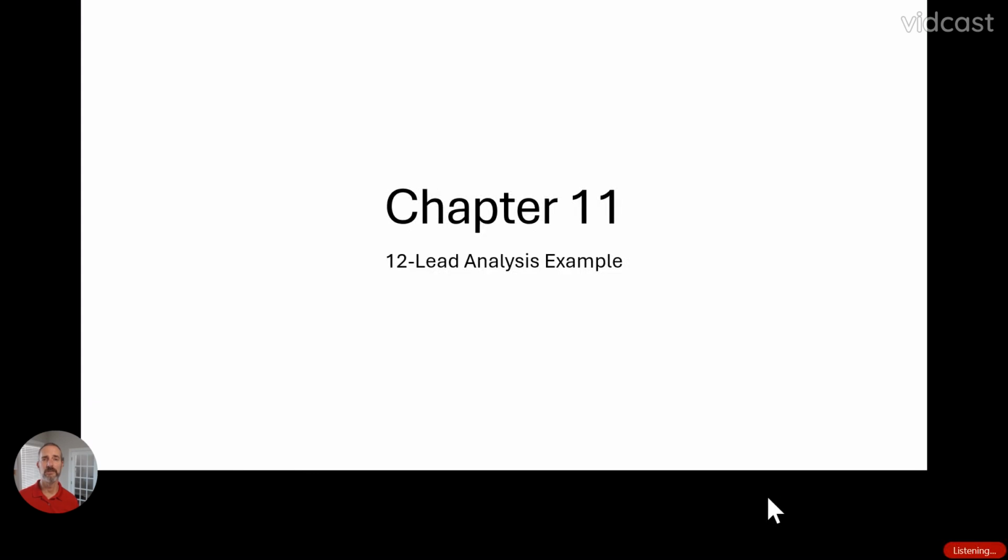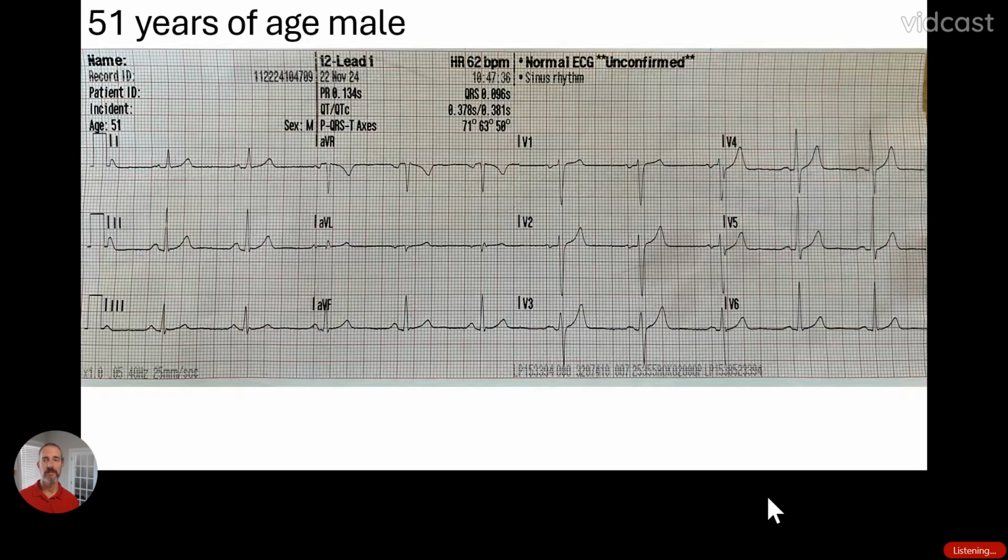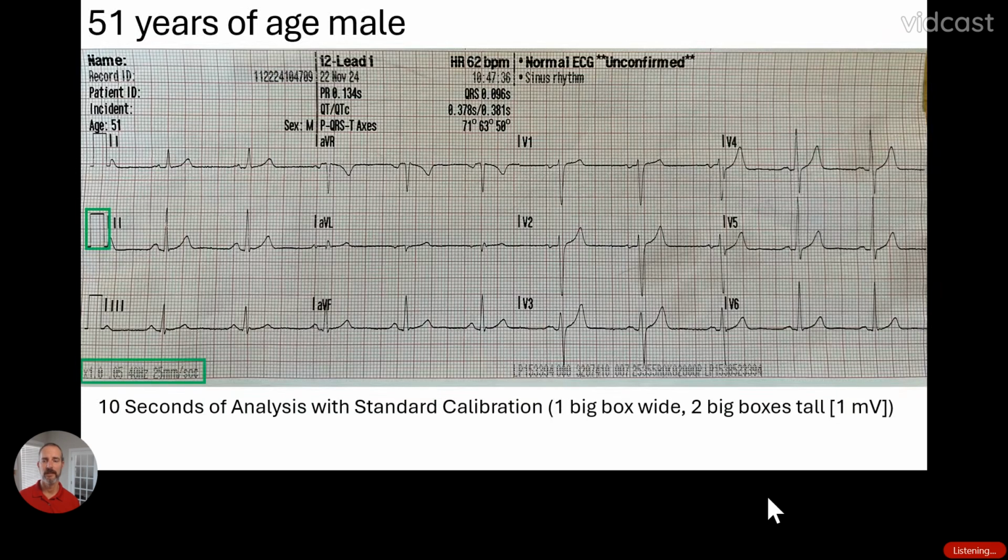We're going to get into an example of how to analyze a 12-lead electrocardiogram. So this electrocardiogram happens to be one of my heart, and you can pause the video and take a look at that at your discretion. Okay, so what we are looking at is 10 seconds of analysis with a standard calibration, and that's what those